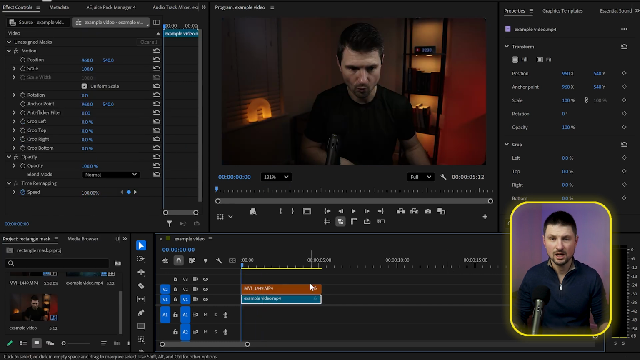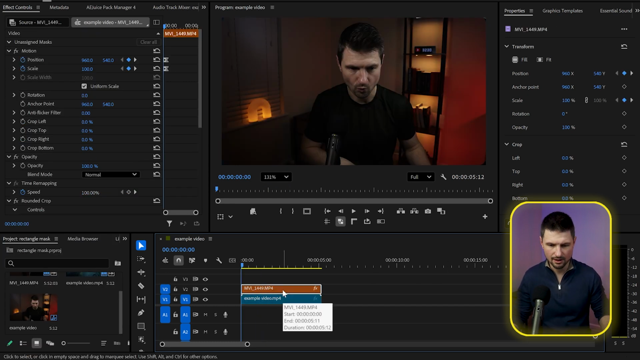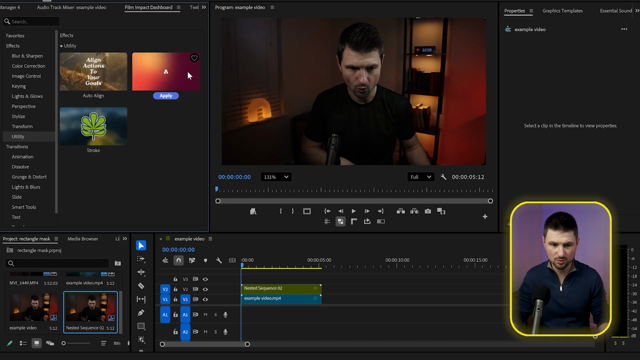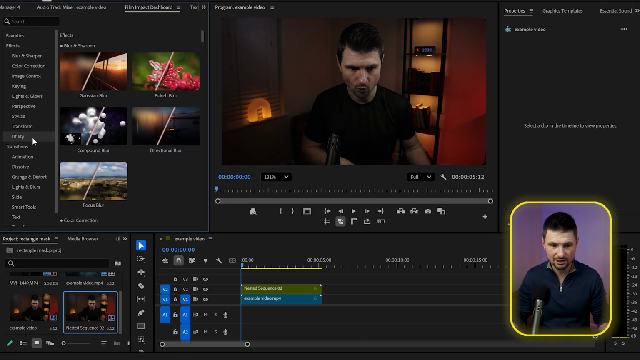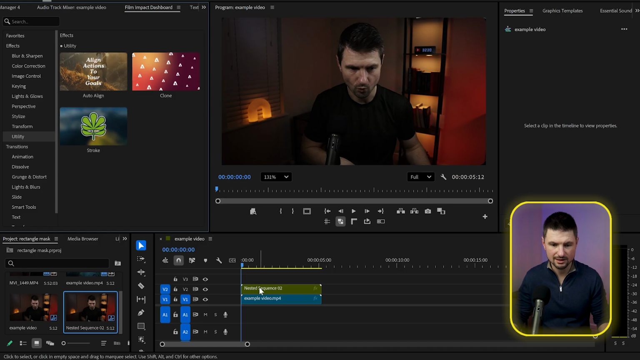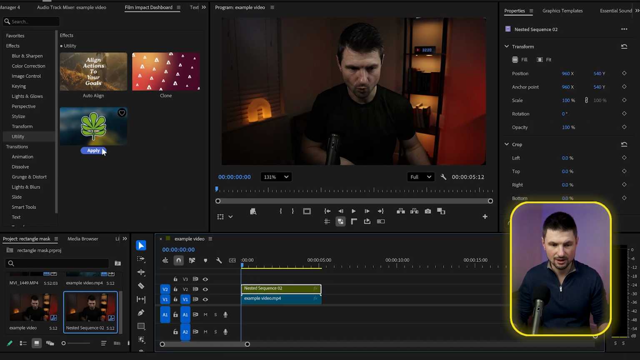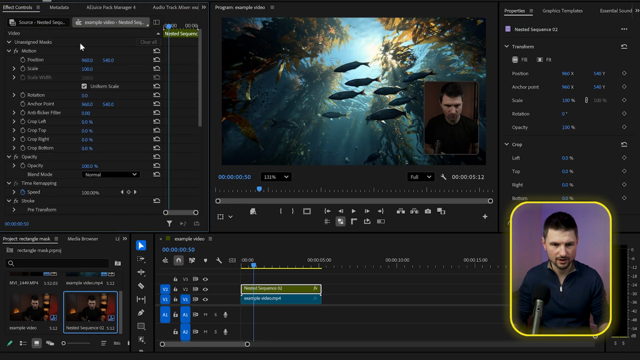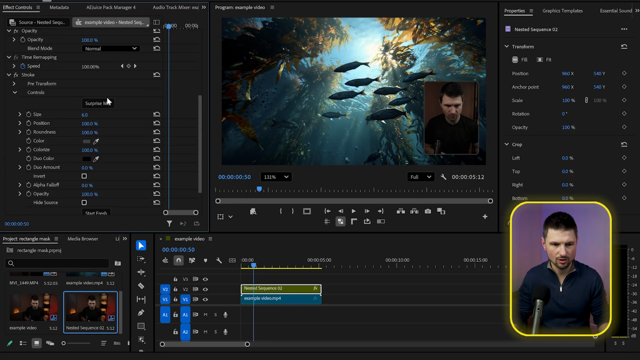Boom. And also if you want to apply a stroke, you have to select the clip, then nest it, then go to the Film Impact dashboard. From there go to utility, find the stroke, then select the clip and go back to the stroke and click on apply. When I move a few frames forward, we can go to the effects control panel, find the stroke